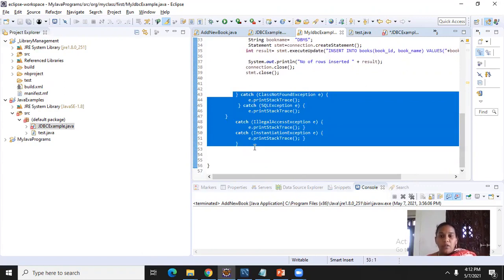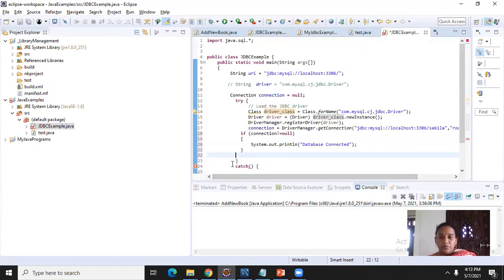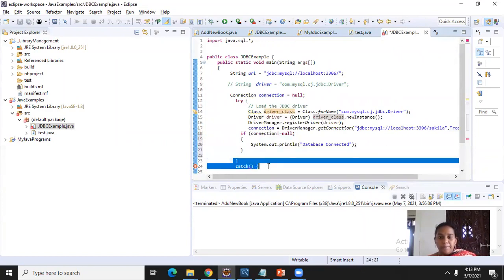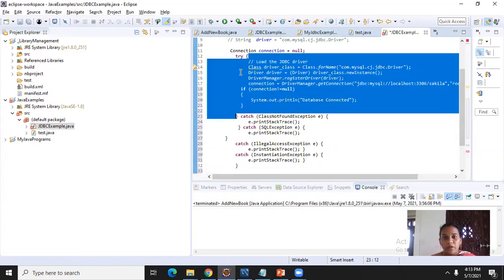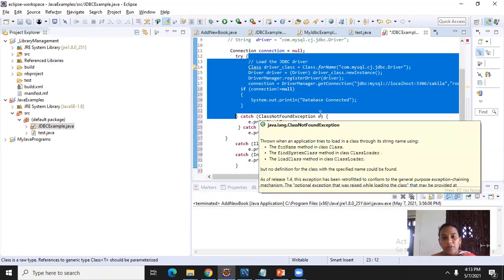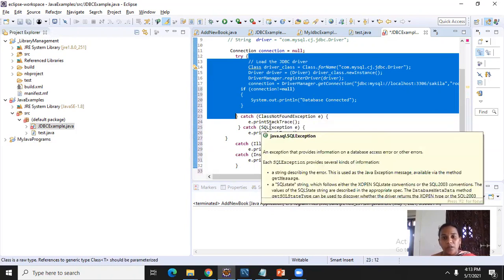So I am copying all the exceptions for this one. As it is, I am doing copy here. For this try block, if the driver class is not found, I need to raise this ClassNotFoundException.